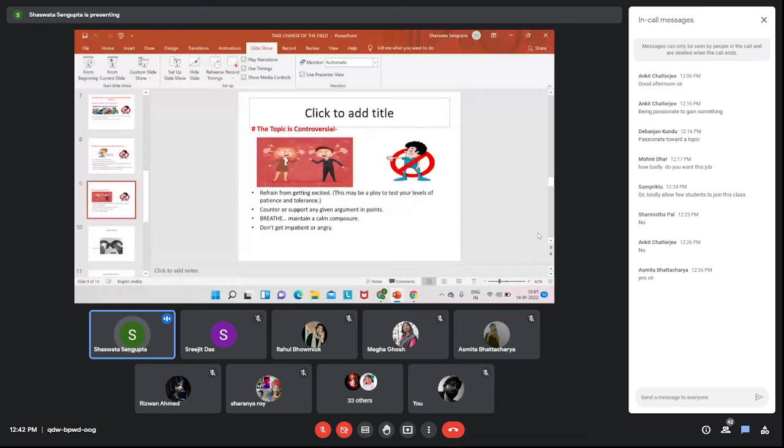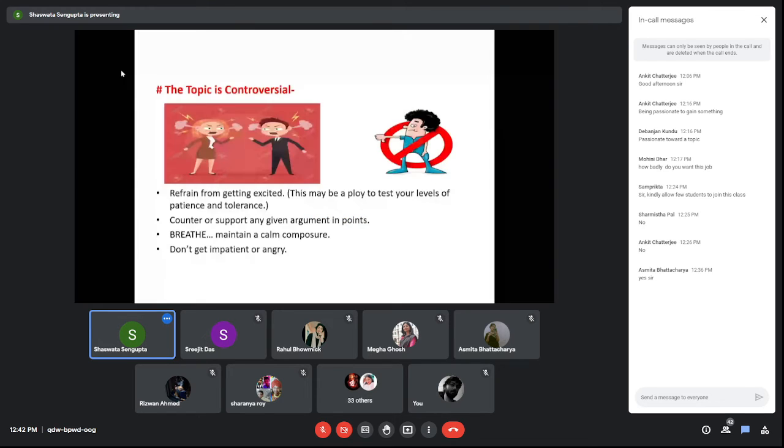Okay, so as I was saying, that if you have to counter one of the candidates who is saying something which makes you irritable or which is getting you excited, then what you should do is you should counter that in points. You should not lose your patience. Candidates often play a mind game. They try to look around, they try to figure out who is excitable, who is not. They try to read the other candidates. Even you can try to do that.